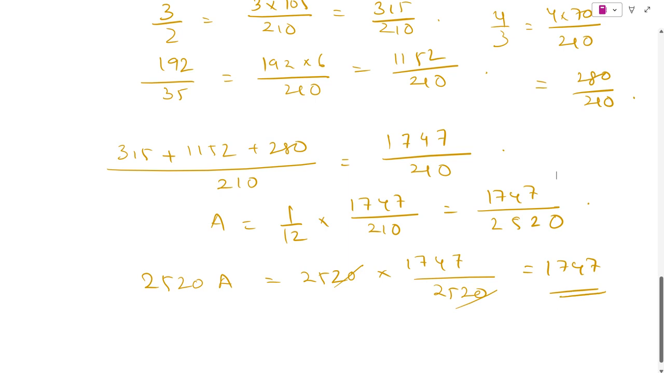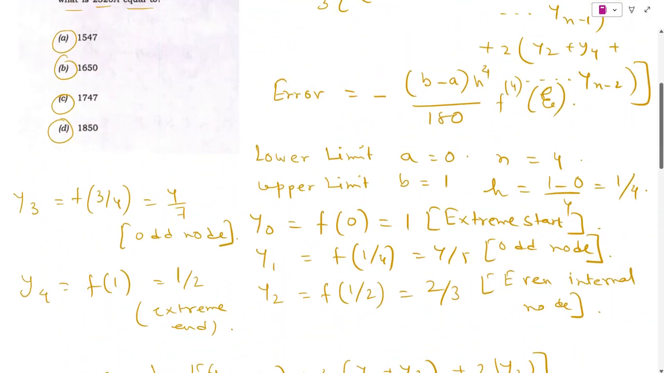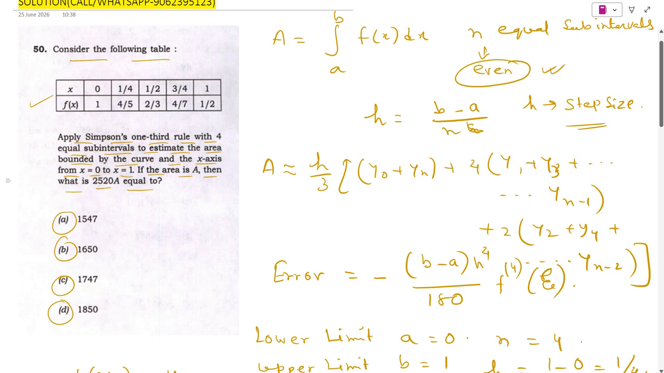Let's go to the options. Yes, option number C. So option number C is the right answer for this particular question. Okay. So look at how elegant that final step is. The examiners explicitly chose the multiplier 2520 because it represents the exact product of our step factor 12 and the